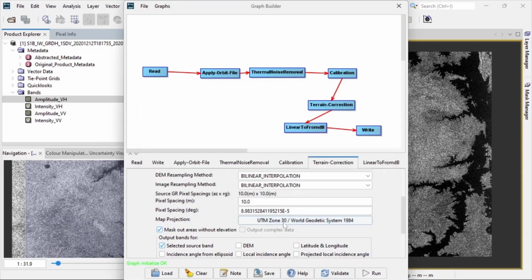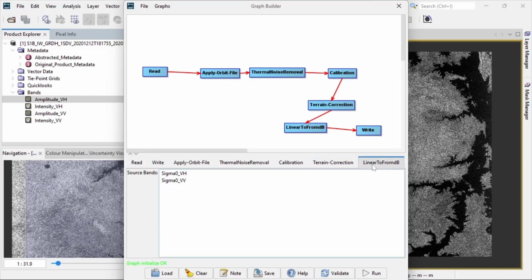Here you can see my location is on zone 30, so you can see it has automatically loaded for me. And then the last one is linear to dB. Here you don't change anything. And then the next step is you run it here. Alright, so now let me